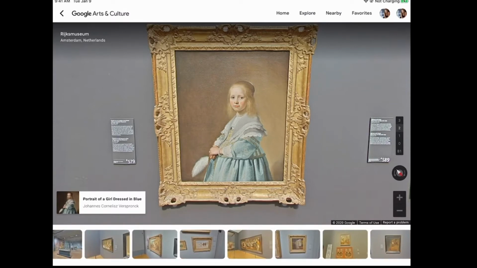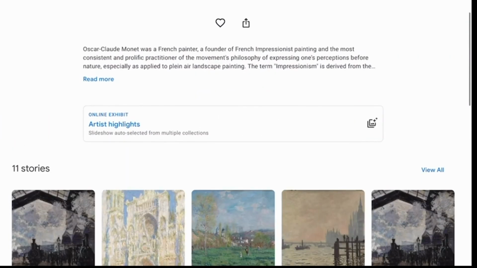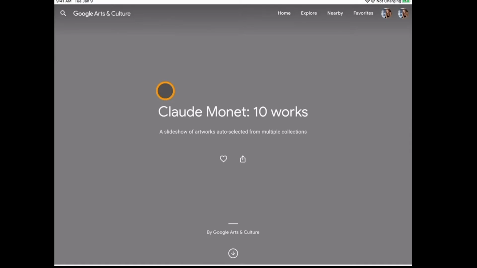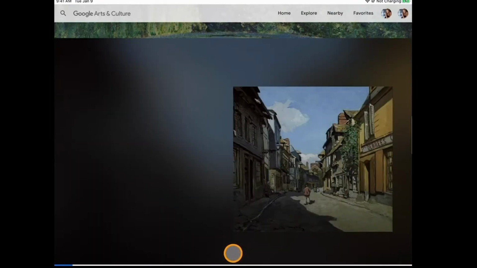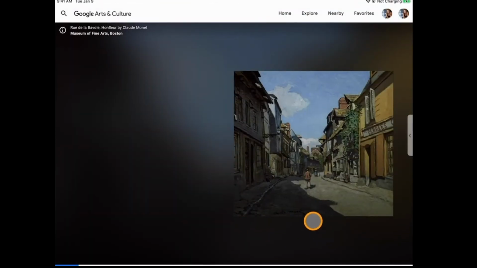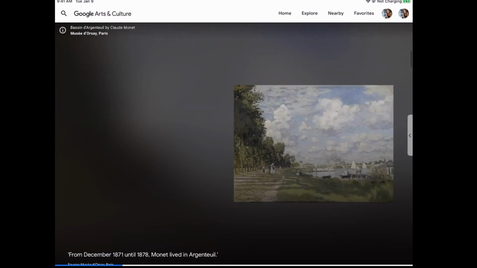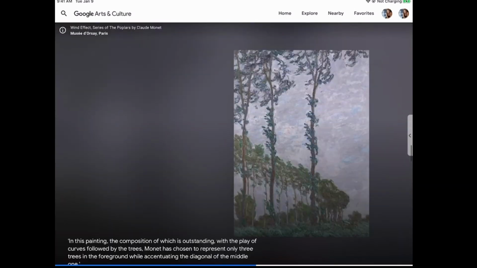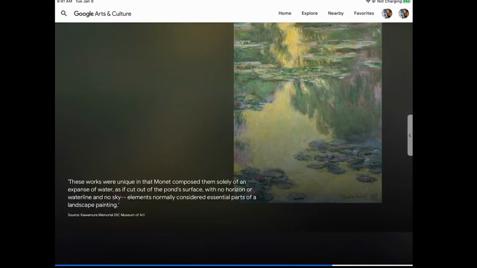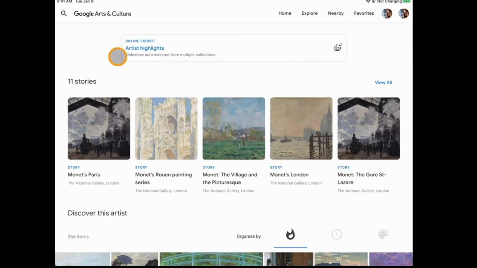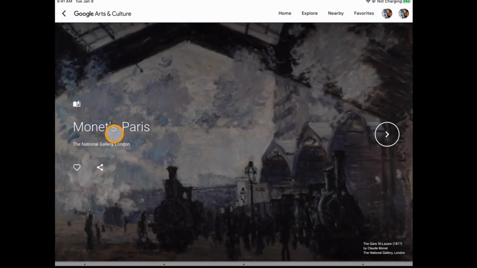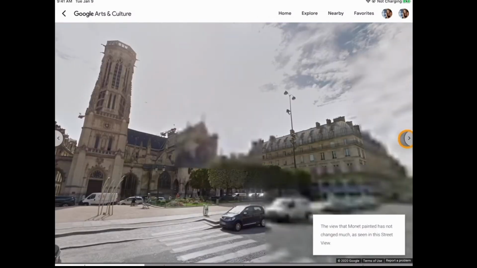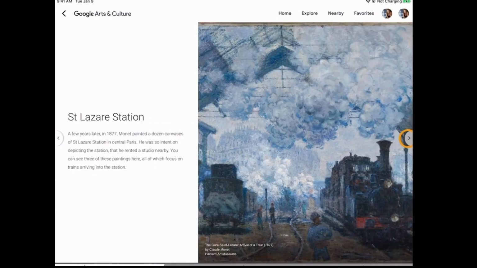I wanted to clarify that the online exhibit seen here is different. What this actually means is that these pieces only exist together here in this online space. Some, like this one, are from artworks that are currently in collections around the world. Stories are a bit different. Some are made from related imagery, history, and information, creating these mini narratives.